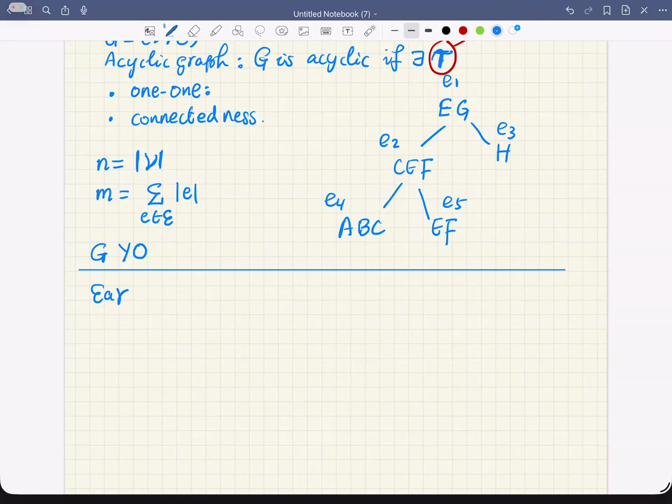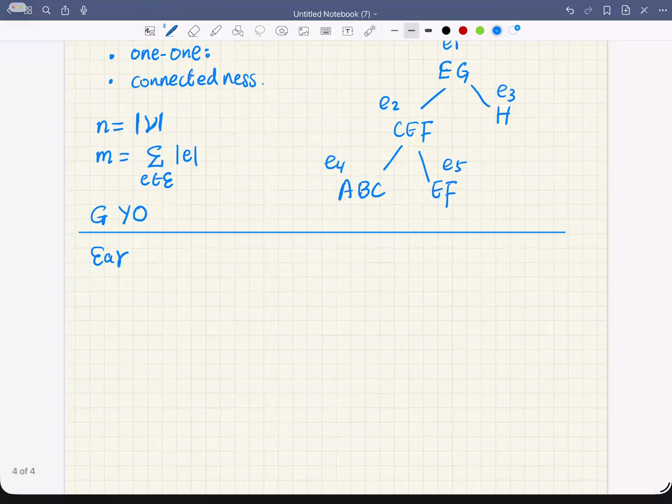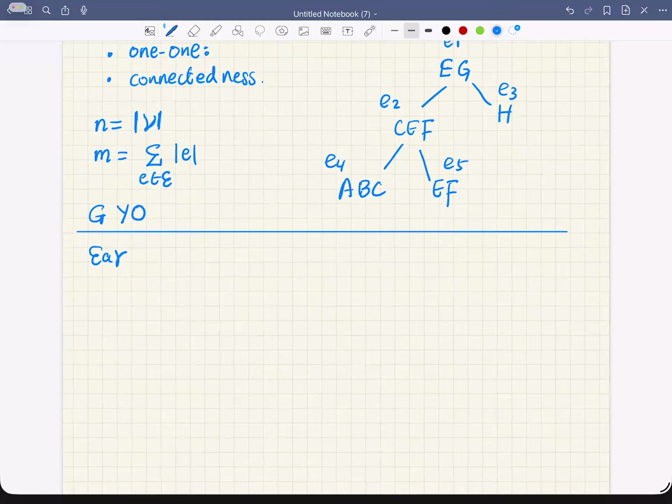If you open a textbook, usually they have a very succinct and concise definition for ear, which, in my opinion, is not very human friendly in a seminar like this. So I decided to go on a little bit of a detour. I will first define what it means by exclusive attribute